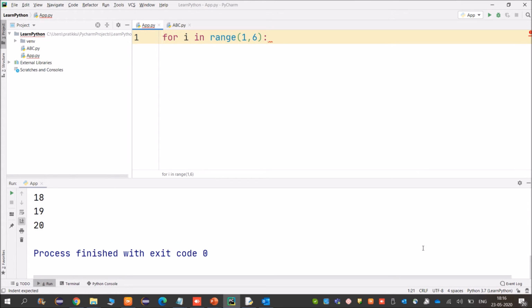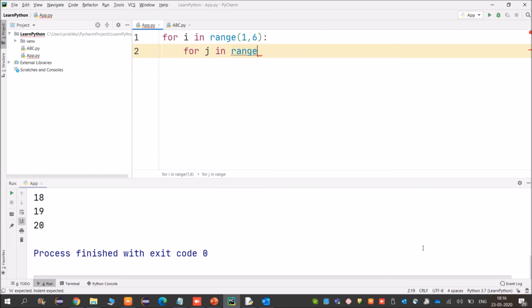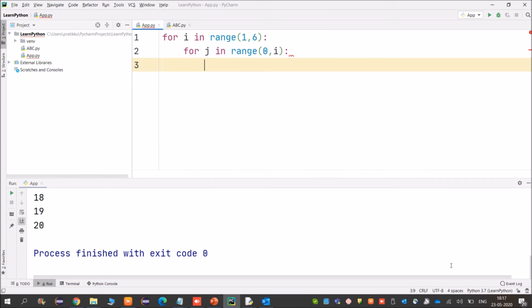Okay. Now, friends, after that I will take the second for loop, that is the inner for loop. For j in range 0 to i, and friends, we will give the colon here. Now friends, this logic I will explain to you, do not worry.